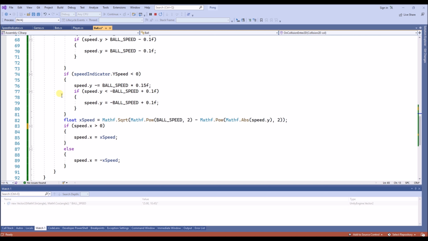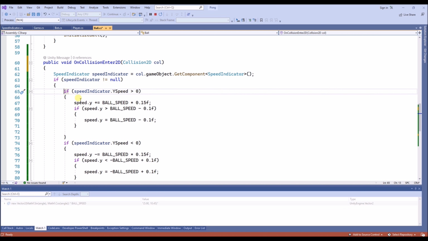And then we do something a little bit complicated. We check if the Y speed of the speed indicator is larger than 0. In that case, we will increase the ball speed by 15% of the